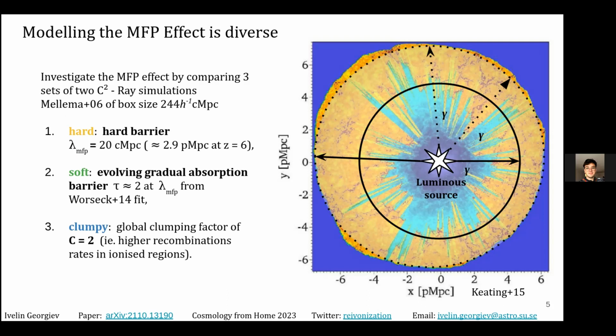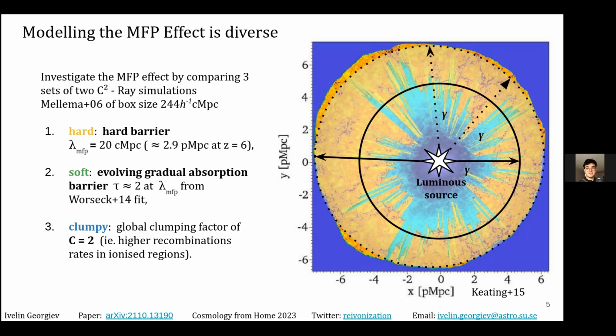You can imagine that the ionizing photon travels up to a certain distance, in this case 20 comoving megaparsec, and then simply it is stopped. If it has managed to travel this distance, we just assume that it must encounter some sort of absorption or Lyman-limit system and have disappeared.